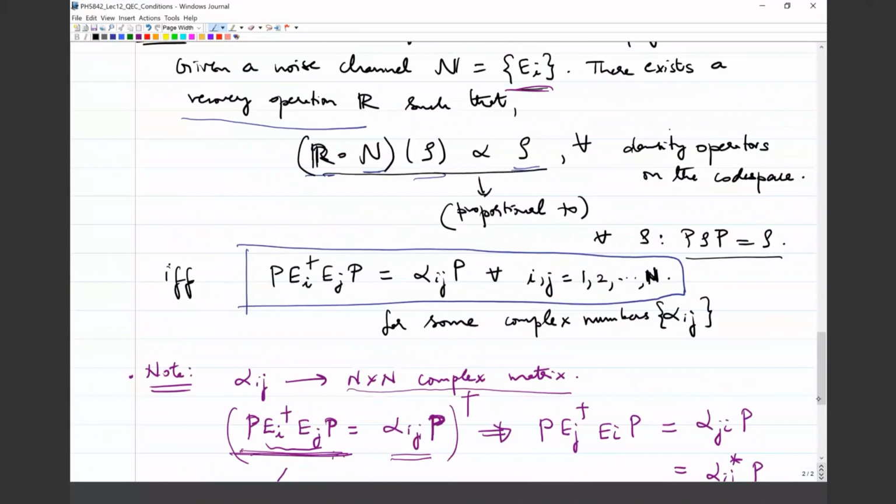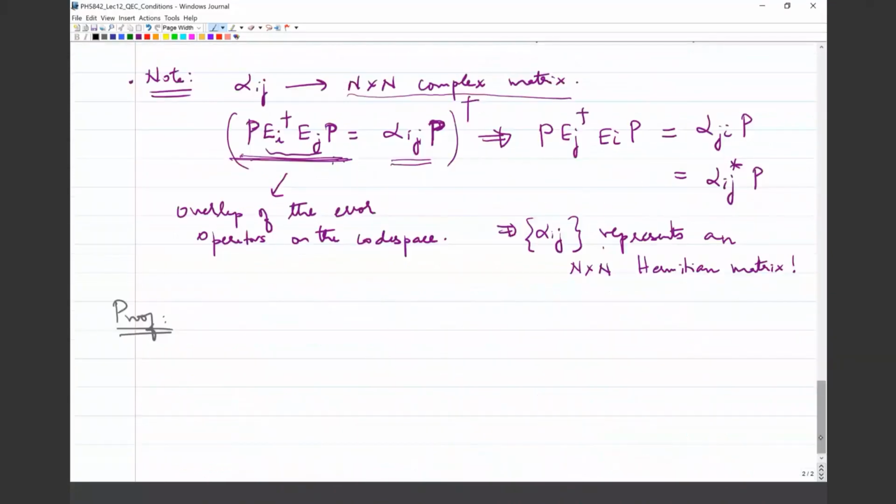So let us start by showing this, the easier part, which is the sufficiency part, right? So let's prove this first. For sufficiency, we have to start from the condition and construct or show that there exists such a recovery operator, right? So how do we do that? Let's start from this condition. We've already noted that the alpha is Hermitian. Now, since alpha is Hermitian,